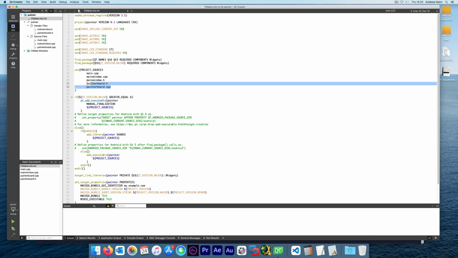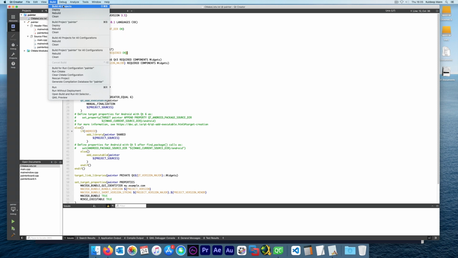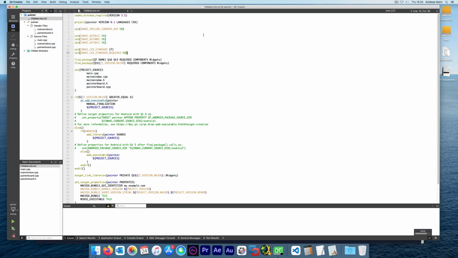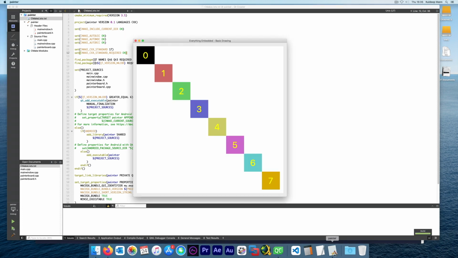So these are the files. Make sure all the files you're going to use in the project are included here. When you do a simple build or a rebuild, for example, I will say rebuild my painter project. That's how you do a build here, and it should build successfully. And this is the output from that.